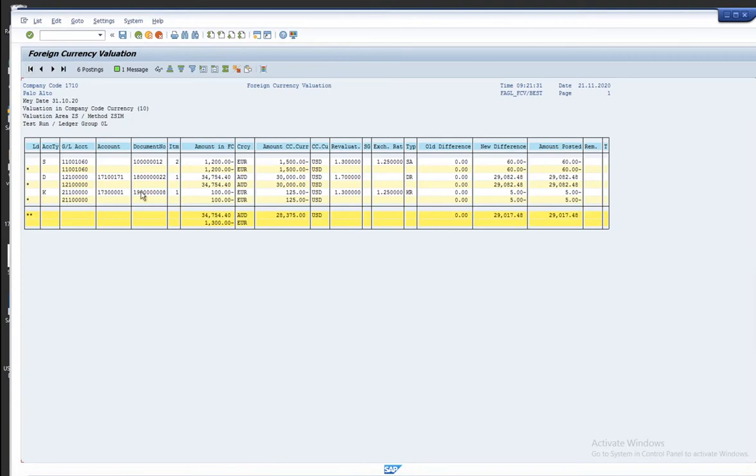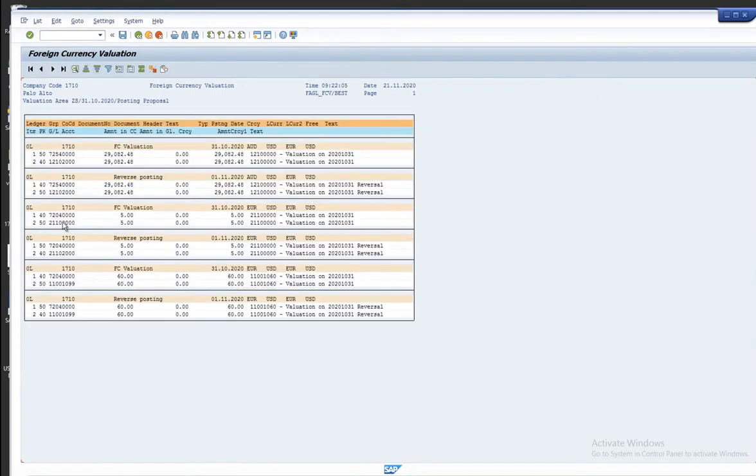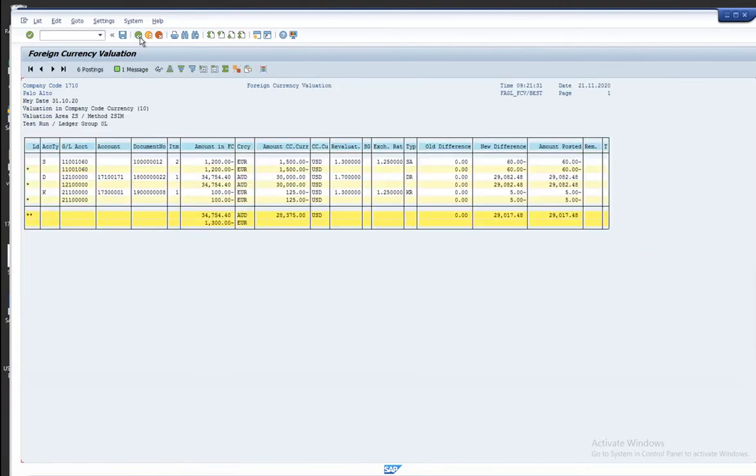See, we ran it for September. Now we are running for October. Again, the system will go and check because the exchange rate type maintained was M, and it will go and get the current exchange rate because these documents are posted in Euro, Australian dollar, and Euro. It will go and get the rates from the TCURR table. Normally we do this in OB08. So these are the document types, and these are the original documents. If you see here, it will post these 6 documents. Since we did not do the real run, it's just a proposal and it won't update anywhere, including the ACDOCA table.